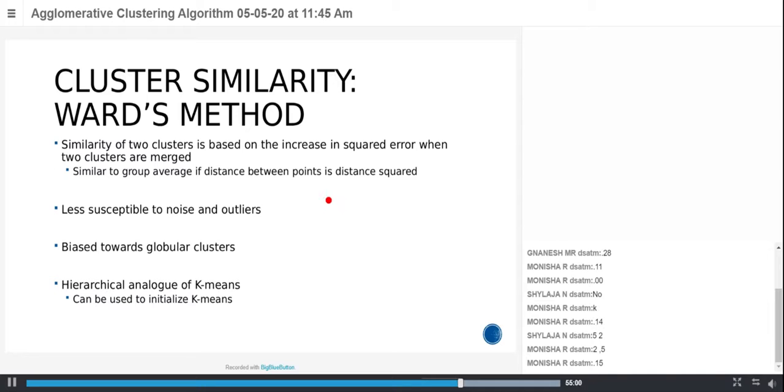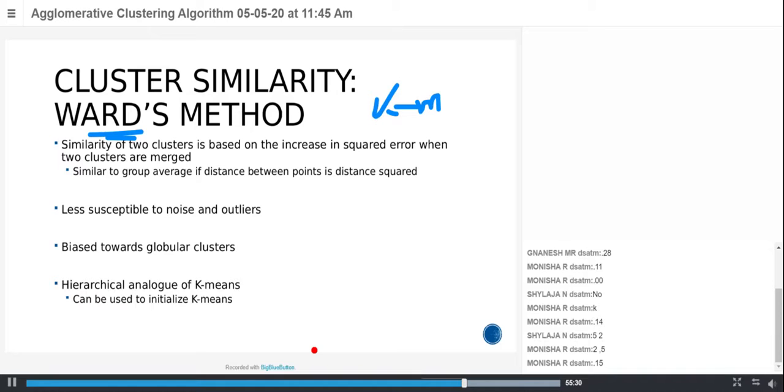We first calculate the centroid point of any cluster and also the centroid point of another cluster. We are going to consider the distance between any two centroids. Then whichever centroids have the minimum distance, we form a cluster between those clusters. That is what Ward's method does. So it is similar to the k-means algorithm. If you hybridize k-means with a hierarchical technique, then we say it's Ward's method.